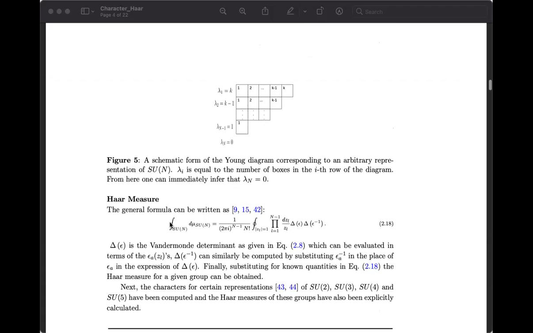Okay, so another way of looking at lambdas is in terms of the Young diagram. If you have some arbitrary Young diagram like this, and for the first row you have k horizontal boxes, then lambda 1 is k. If the next row has k minus 1 boxes, then lambda 2 is k minus 1, and so on. And then for lambda n, in the last row there is no box, so lambda n equals 0. This is related to the fact that for SU(N), if you put n vertical boxes, that is basically the identity, so you remove that column. So you only get a non-trivial structure with at most n minus 1 vertical boxes. So for SU(N), lambda n is always 0.